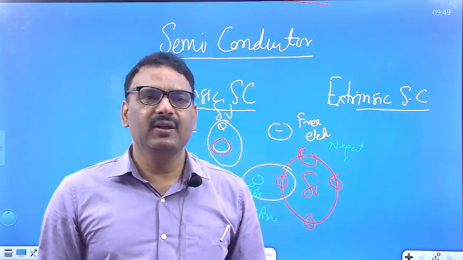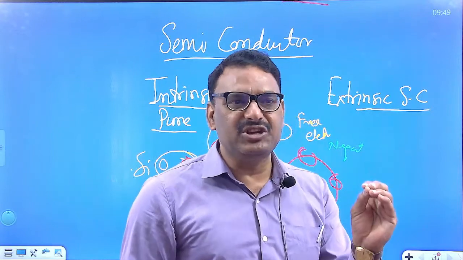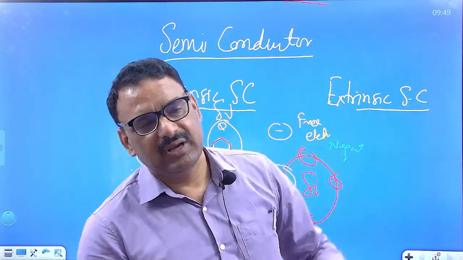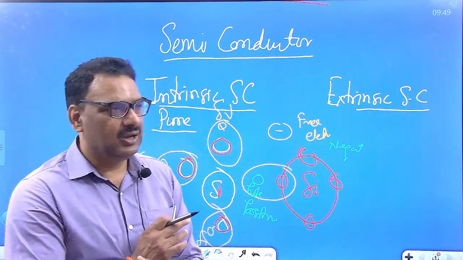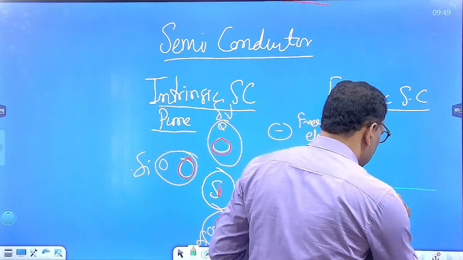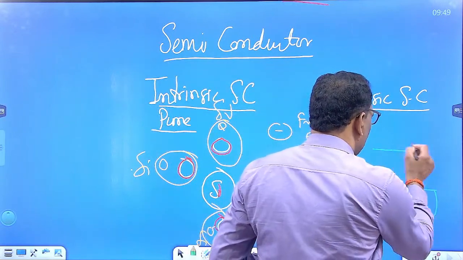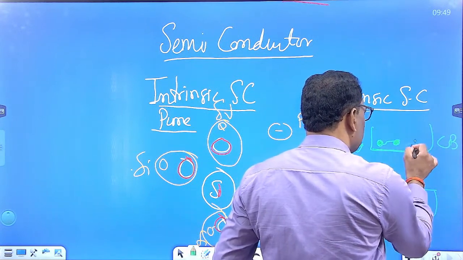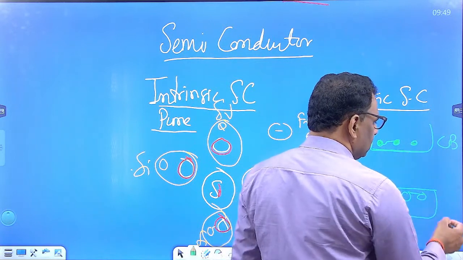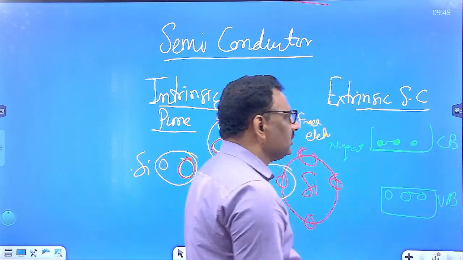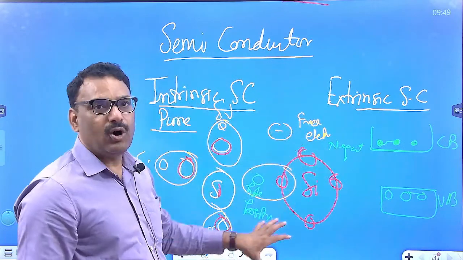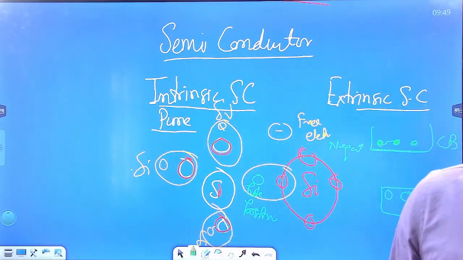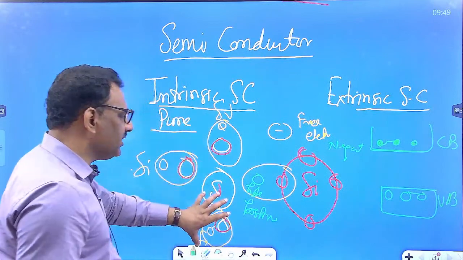किसके कारण जनरेट हो रहे हैं? थर्मल एजिटेशन के कारण। जो टेम्परेचर हमने इंक्रीज किया हुआ है, 3/2 kT जो एनर्जी है वो ले करके इलेक्ट्रॉन्स कंडक्शन बैंड में पहुंच गए हैं। तो उनके करस्पॉन्डिंग यहाँ पे वैलेंस बैंड में होल्स जनरेट हो गए, और जो कंडक्शन बैंड है, ये CB, यहाँ पे इलेक्ट्रॉन्स हैं, यहाँ पे करस्पॉन्डिंग होल्स हैं, ये VB वैलेंस बैंड है। लेकिन इनकी संख्या बहुत कम है, ये हमारे लिए यूजफुल नहीं है, इनके कारण कंडक्टिविटी बहुत अच्छी नहीं हो सकती। लेकिन ये प्योर इंट्रिंसिक सेमीकंडक्टर है।